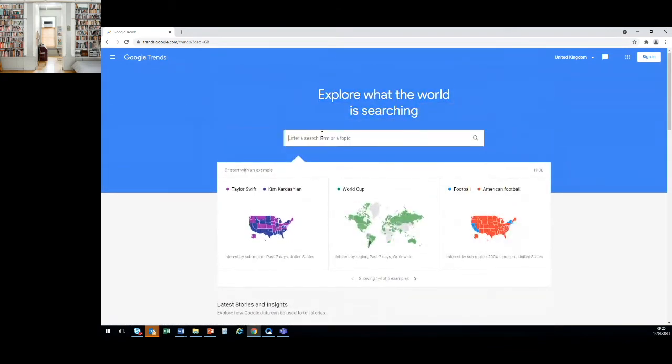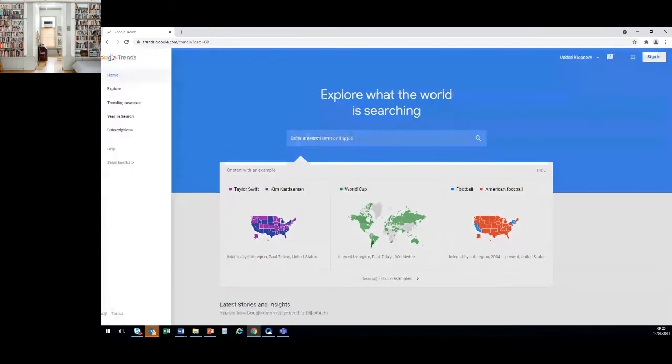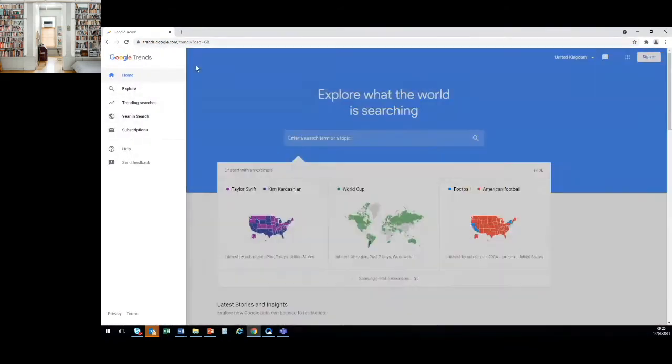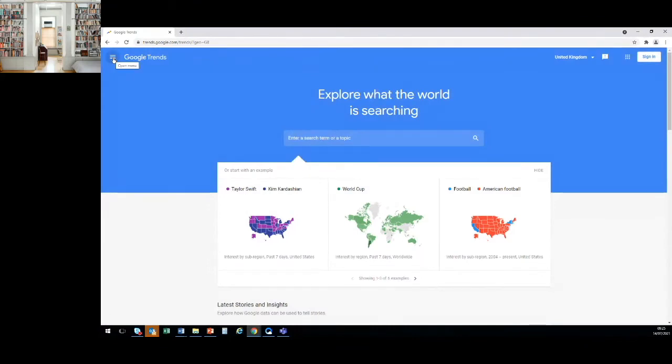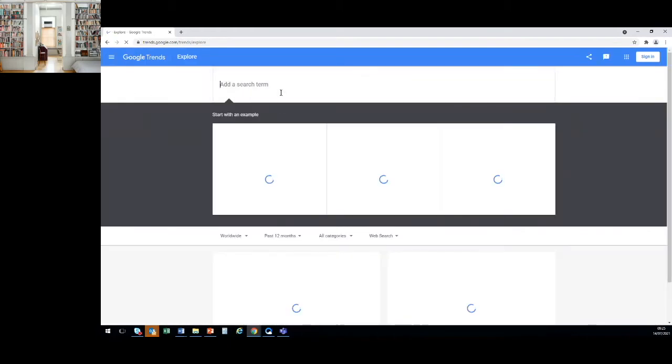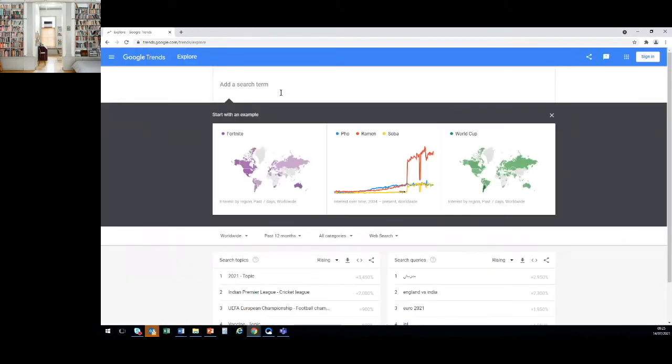So let us first do one thing. We would like to explore. We could click on the top left-hand side, where there is a menu. We could open the menu to do the explore. You can type whatever keywords you're interested in.